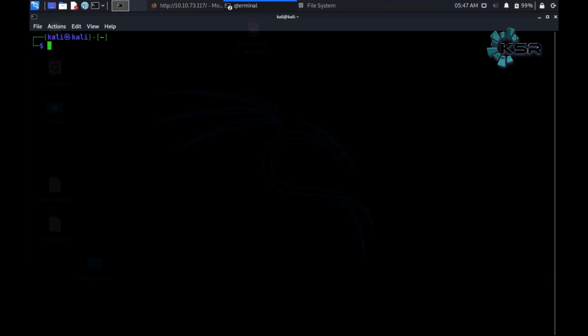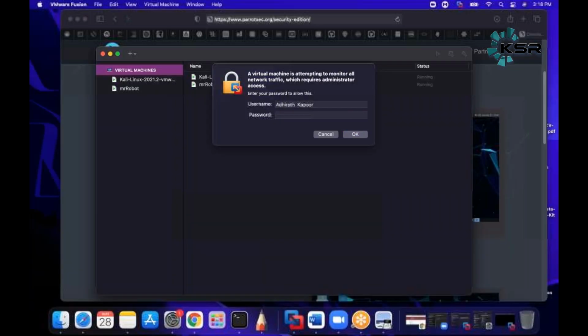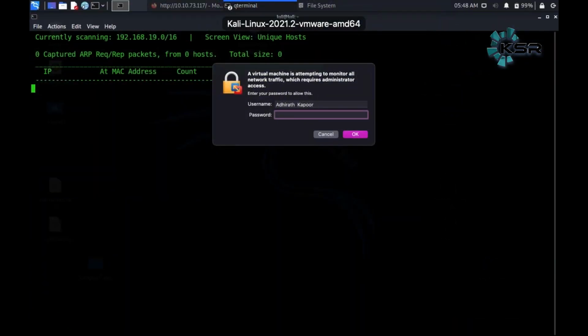I'll run a very simple command called netdiscover. It will ask for a few permissions because it is now going to scan for the other IPs on this network. That is why it is asking for permissions from my host operating system, which is macOS. I'll write this down.